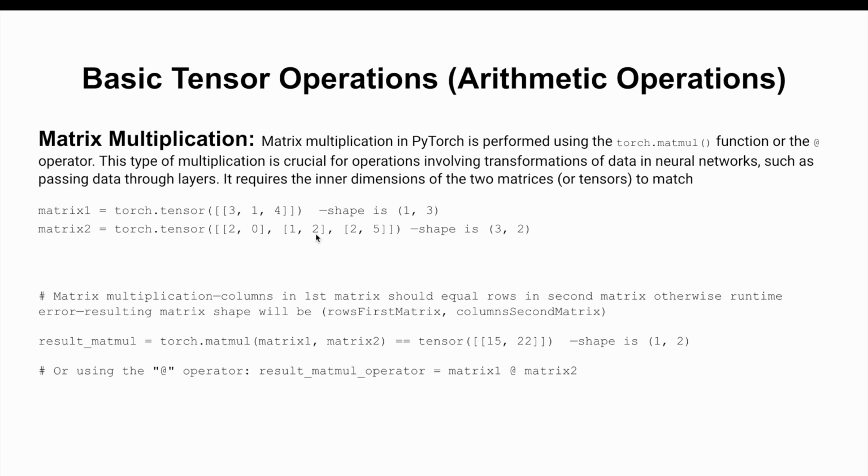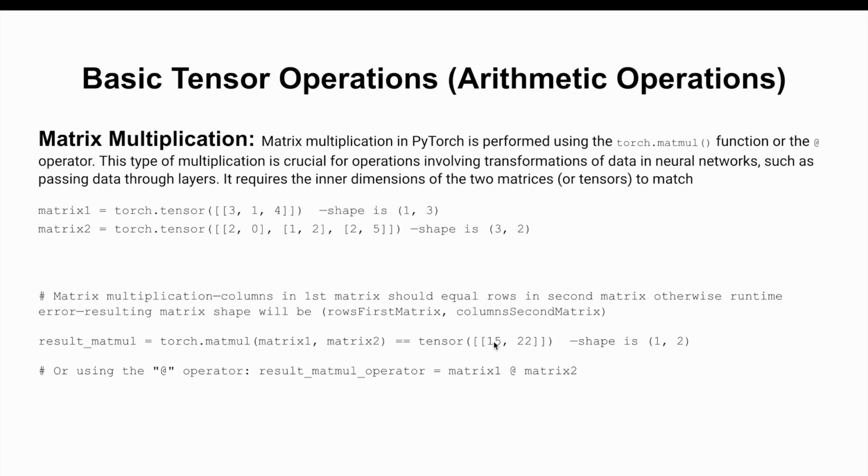So we will multiply, and then add them together, and then you have your summation and finally your multiplication. So we take this 3 times this 2, which is 6, and then we go to 1 times 1, which is 1. So we have 6 plus 1, which is 7. And then we go to 4 times 2, which is 8. And 8 plus 7 is 15. So that is our first number